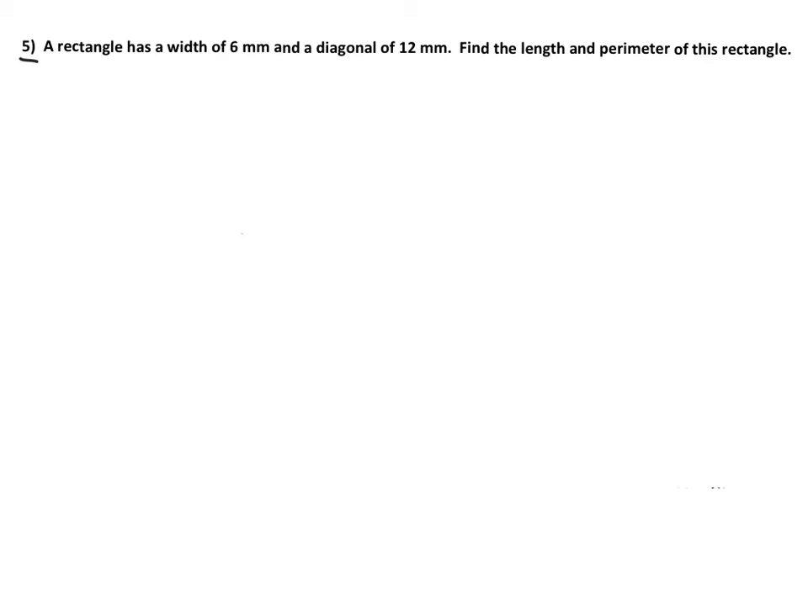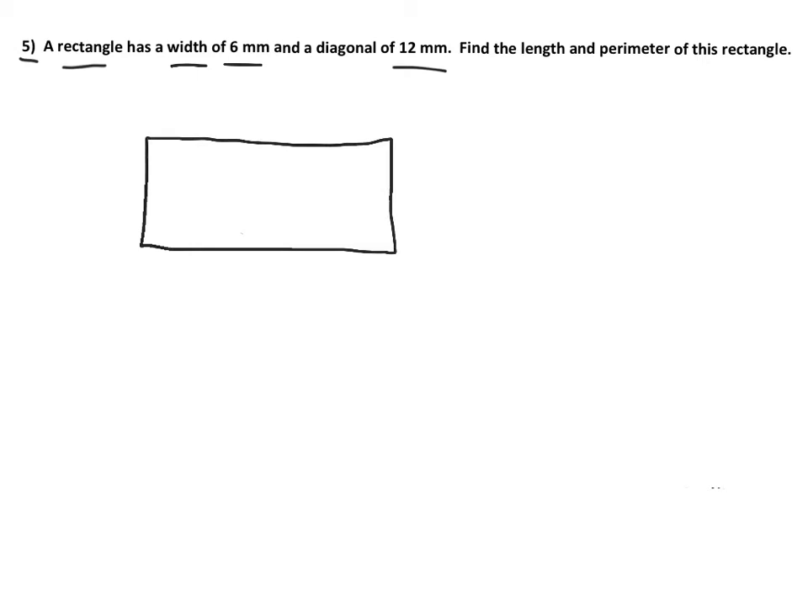So in this problem they're discussing a rectangle. It has a specific width of 6 millimeters and a diagonal of 12 millimeters. So let's start off and we'll just sketch out our triangle. Here's my width of 6 millimeters. And then my diagonal is going to go from one vertex to an opposite vertex. And I'm told that that is 12